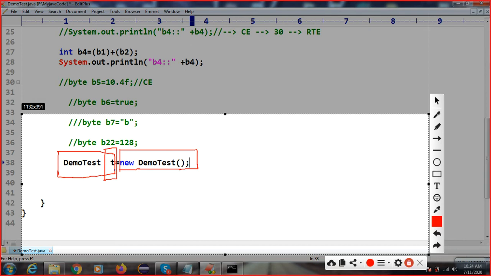Okay, so I will explain to you guys why this object is required. We have two types of members: one is your static member, one is your non-static member. Why are static and non-static required? I already discussed in your last session, in variables and methods, static and non-static. When our application goes into real time, we are not going to develop the applications, we are testers, but in the future if you want, you can explore your knowledge and learn development. Not a big deal if you have an interest.